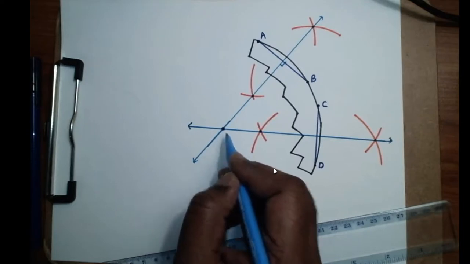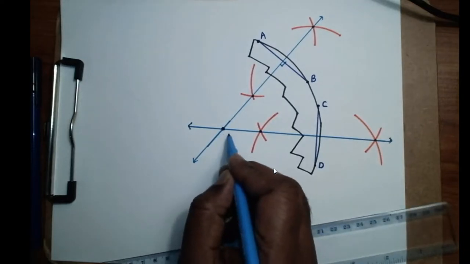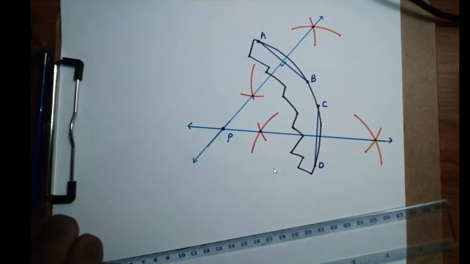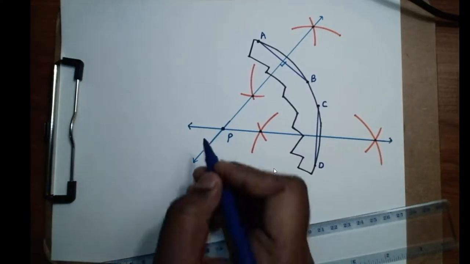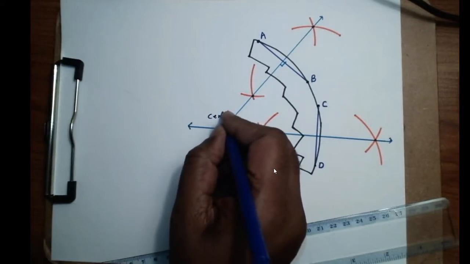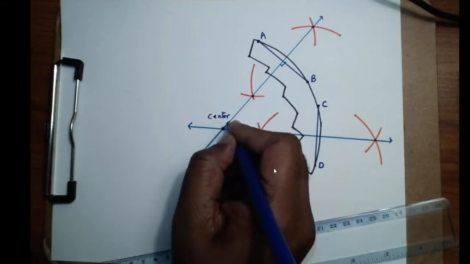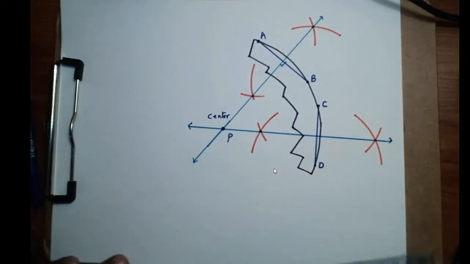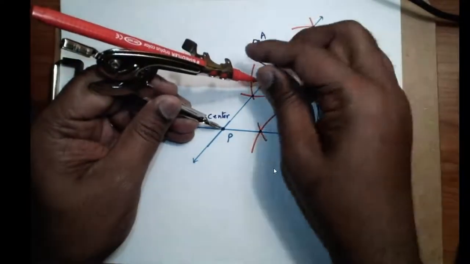Hence that particular point, I call it P, must be the center of your circle. So this P will be your center. Now taking that as the center, on any point of the circle, either A, B, C, D, anything you take,